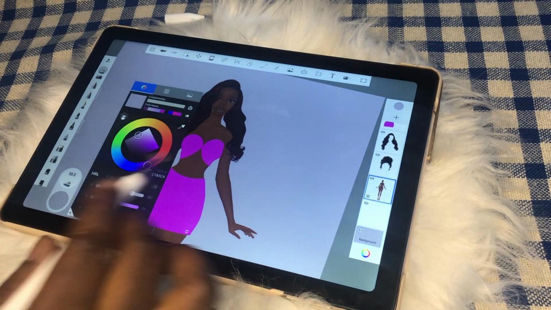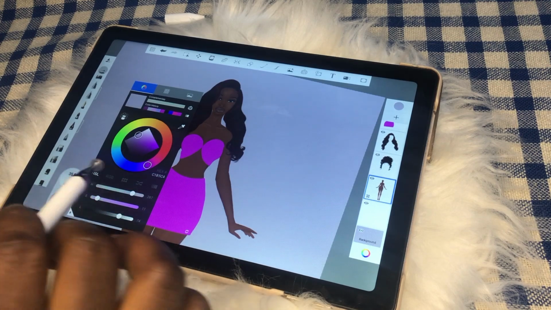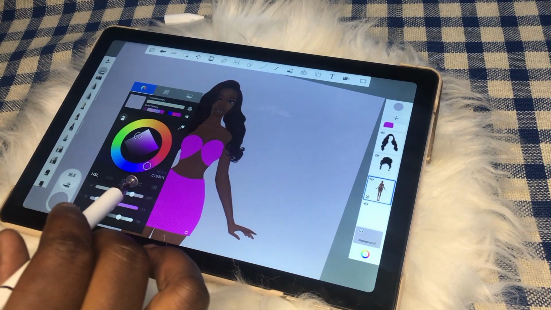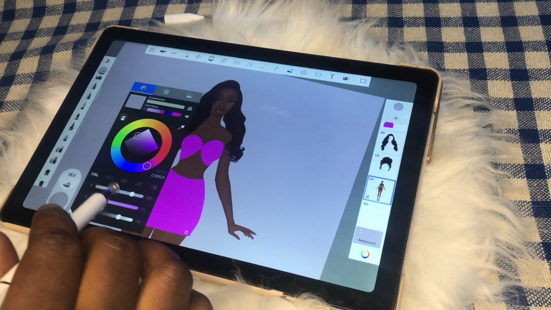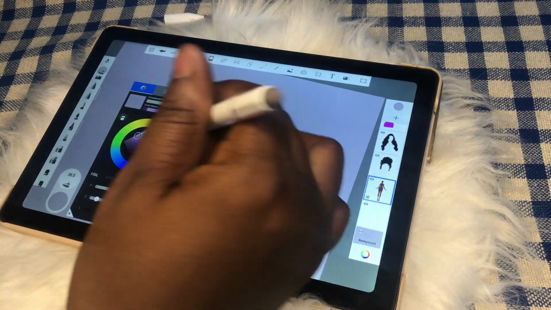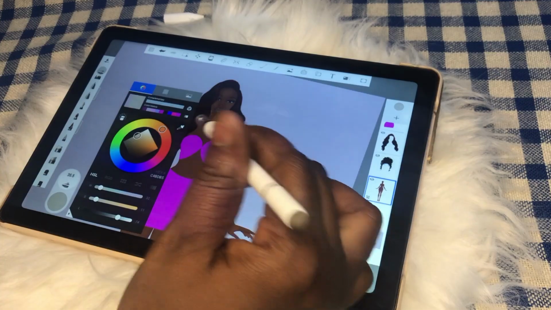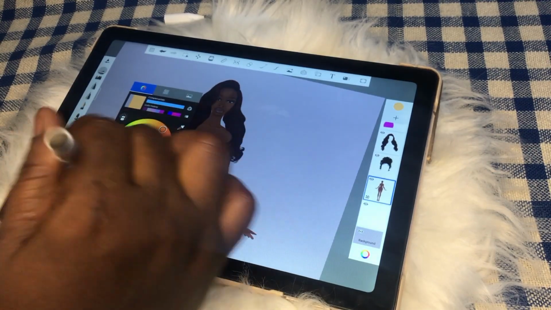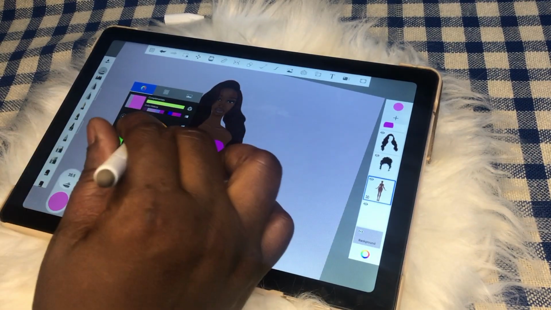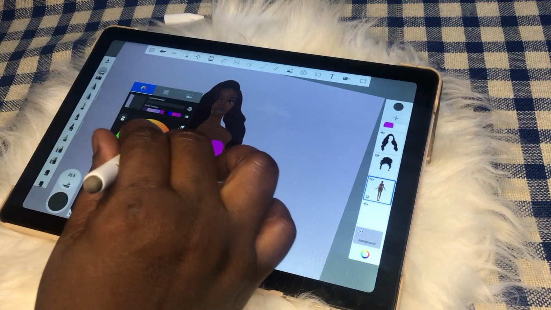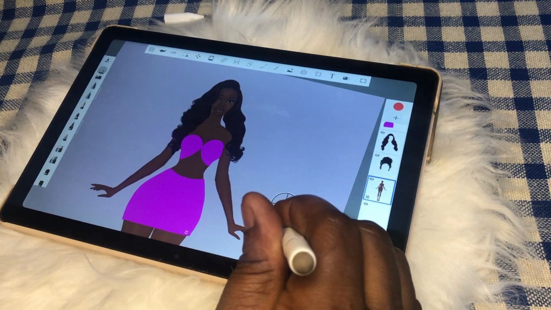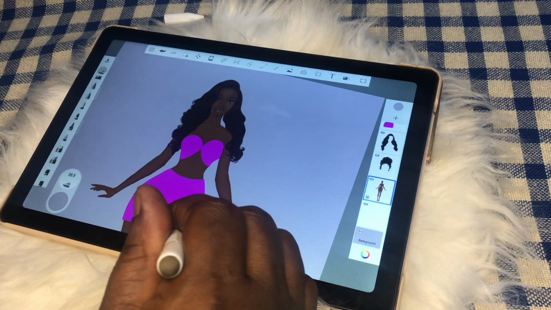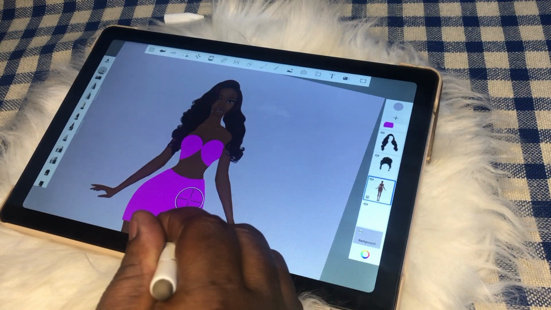We also have the color palette. It can also be found here. Any color that you pick, you see it appear on the rounded button, that you see it changes color. See that the color changes. Yes, you can also pick the color from that place. Then when you tap on it, hold and drag,